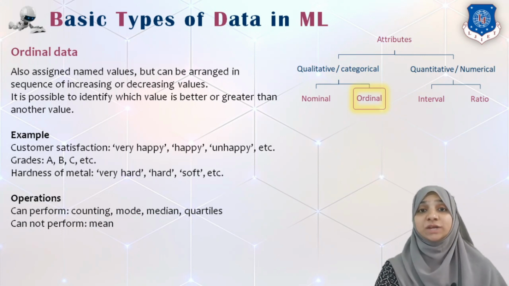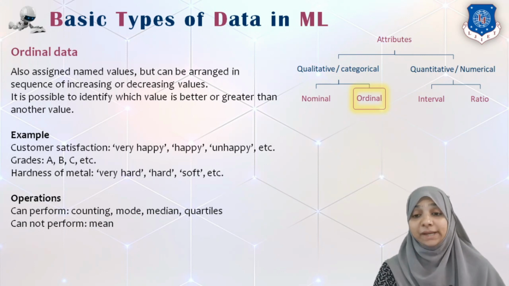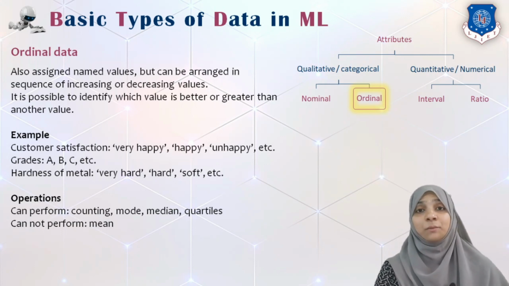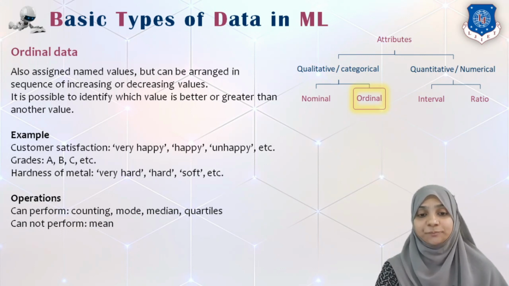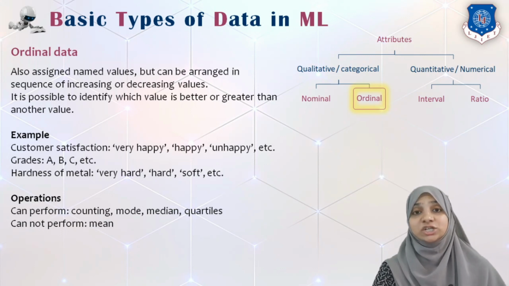The operations we can perform on ordinal data are again counting, we can find the mode, we can find the median, and we can find quartiles. What we mean by quartile and the procedure for quartiles will be covered later in our lecture. What we cannot perform are addition, subtraction, that means any mathematical operation, or any statistical operation